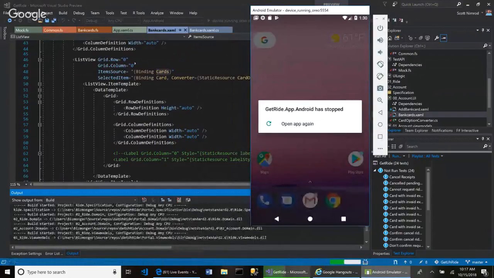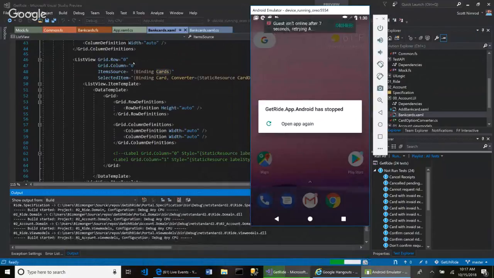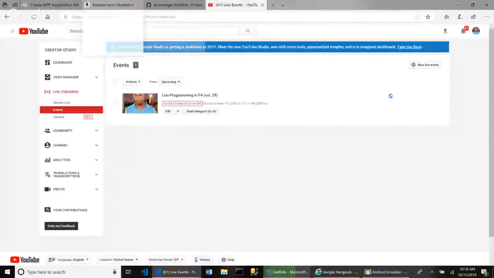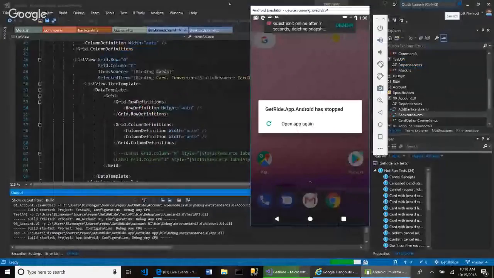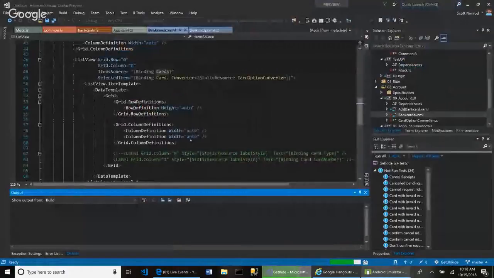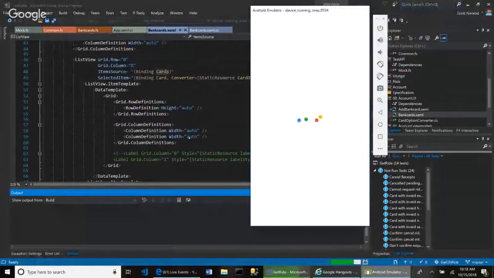Oh, I didn't open it the first time. So that's going to be building. Meantime, I can kill you, and now our emulator is doing something. I'm not sure how long that's going to take, but